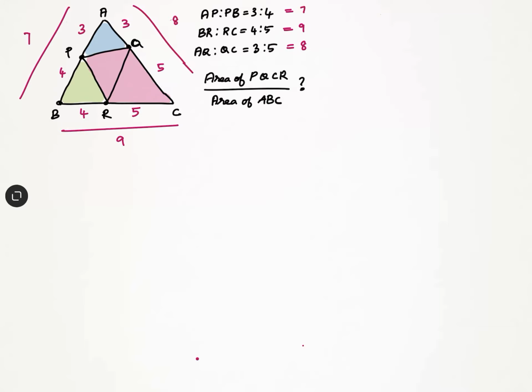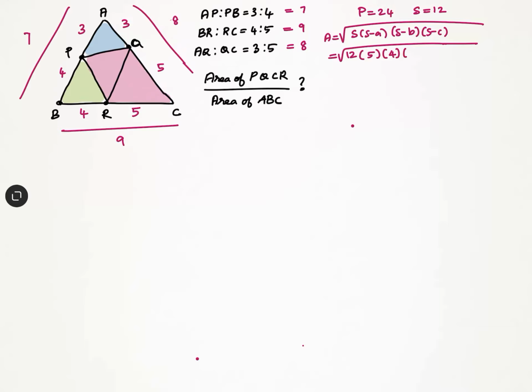So what is the perimeter of the triangle? 7 plus 8 plus 9 is 24. If perimeter is 24, semi-perimeter is half of the perimeter, which is 12. Area of the triangle is given by square root of S into S minus A into S minus B into S minus C, right? So which is square root of 12 into 12 minus 7 into 12 minus 8 into 12 minus 9. So 4 3s are 12, these two 12s I can bring outside. So my area is given by 12 root 5. Okay, area of the entire triangle is 12 root 5.